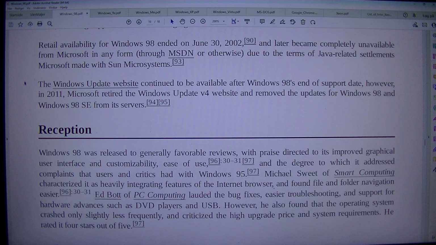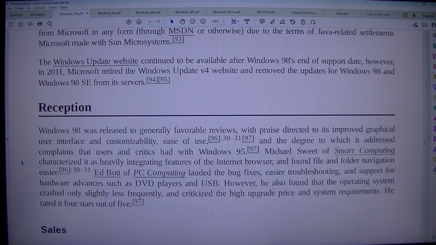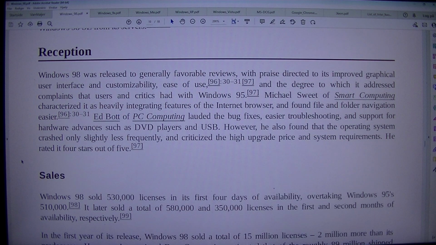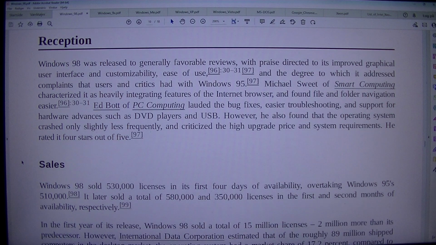Reception. Windows 98 was released to generally favorable reviews, with praise directed to its improved graphical user interface and customizability, ease of use, and the degree to which it addressed complaints that users and critics had with Windows 95. Michael's Suite of Smart Computing characterized it as heavily integrating features of the Internet browser, and found file and folder navigation easier.